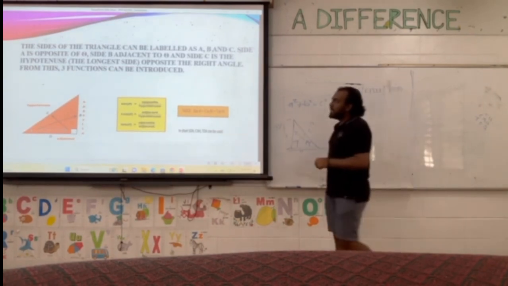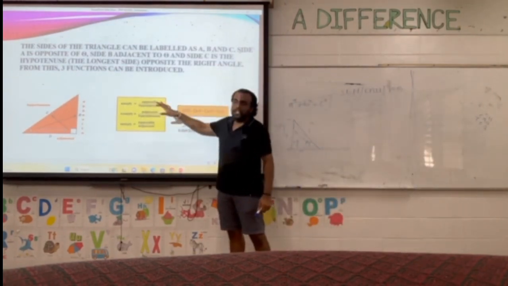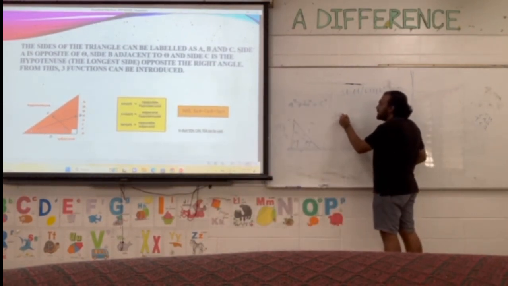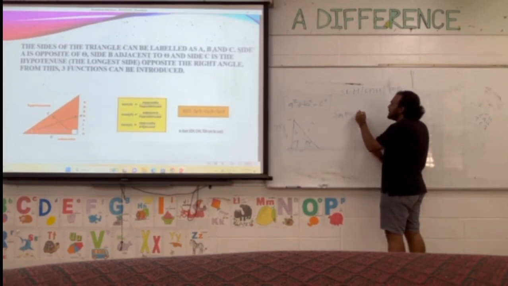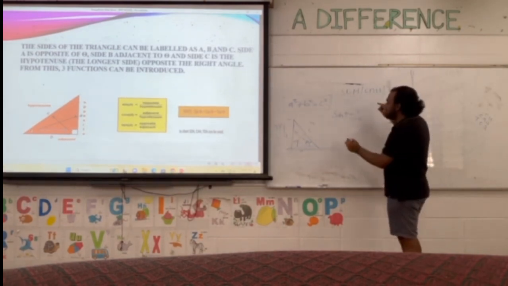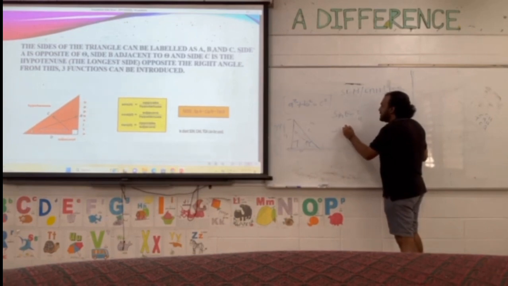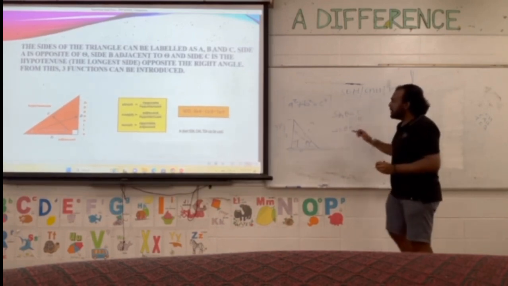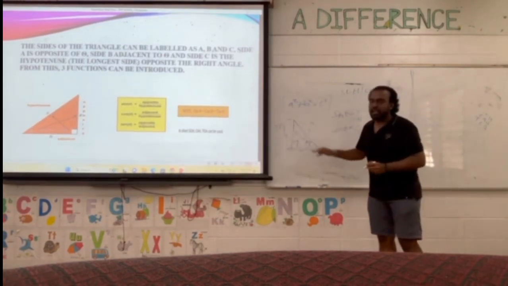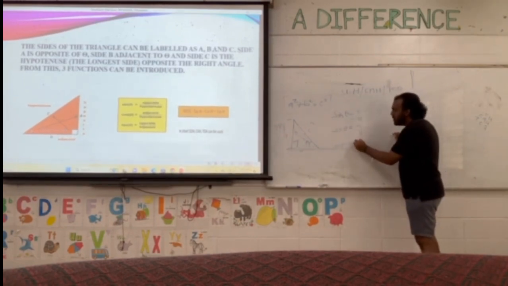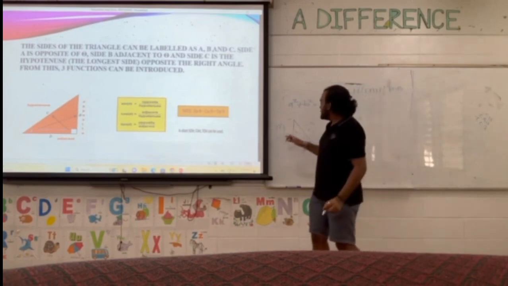So, as you can see, sine theta is equal to opposite over hypotenuse. So in short, we can just write sine theta is equal to opposite over hypotenuse. Then coming to cos theta, it is equal to A over H, which is our adjacent side and the hypotenuse side. And finally, tangent theta is equal to O over A, which is our opposite side and